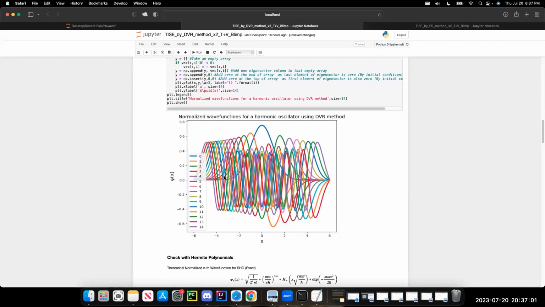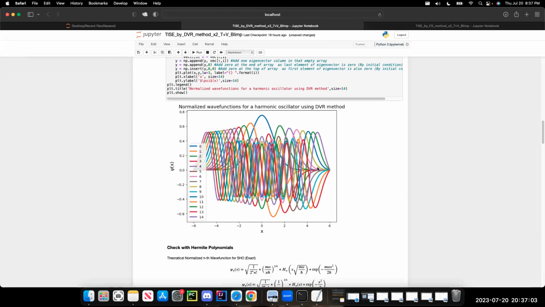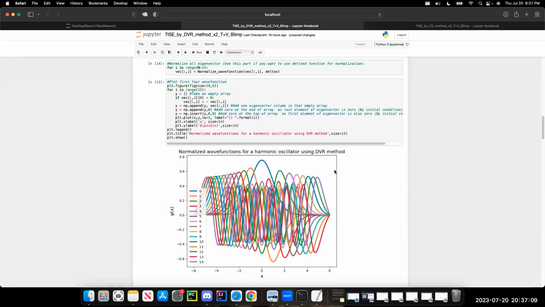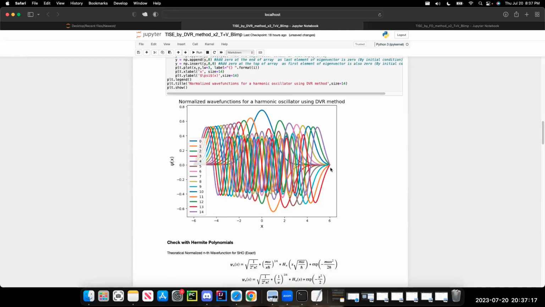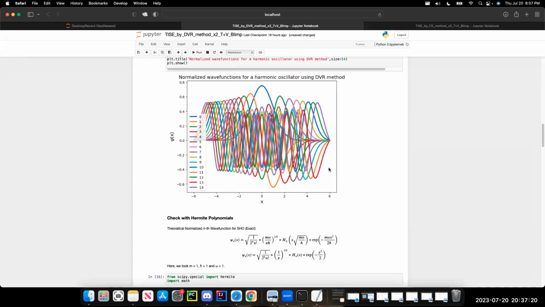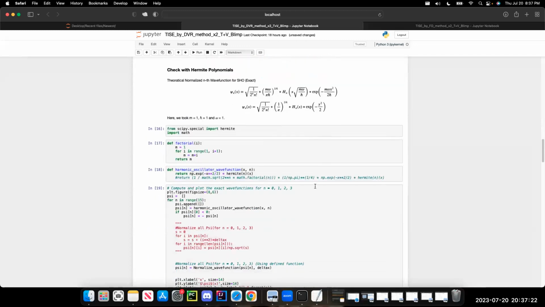that are produced with the DVR method, at the boundaries they are in fact 0. This is because we've remained consistent with this idea of having psi of 0 as 0 and psi of n as 0, and so we've essentially forced our boundary conditions on the DVR method here. Now the Hermite polynomial approach